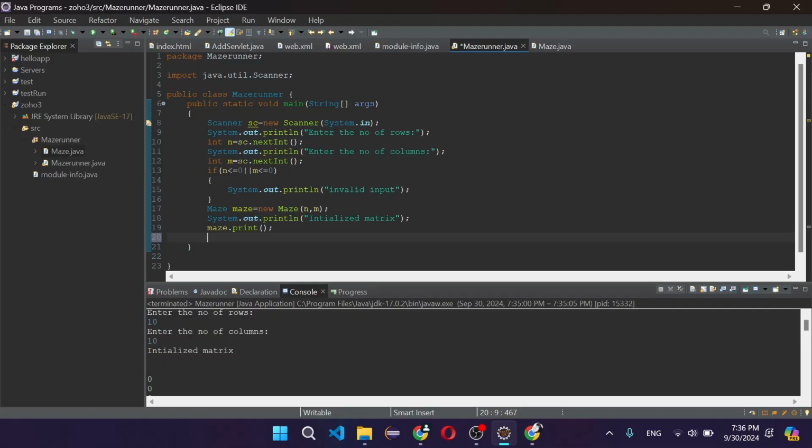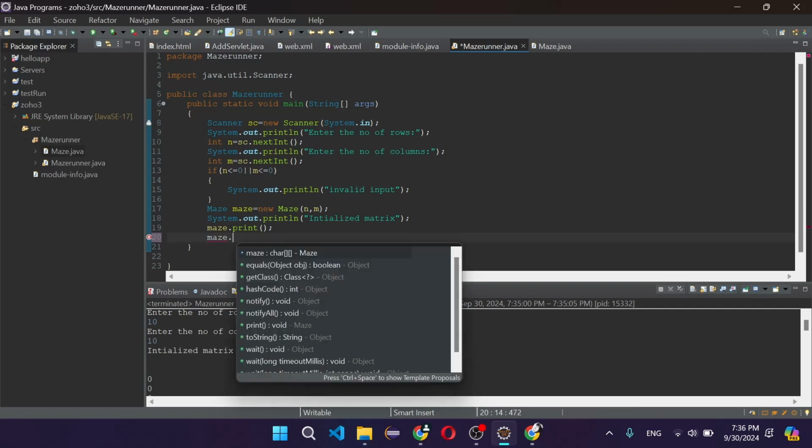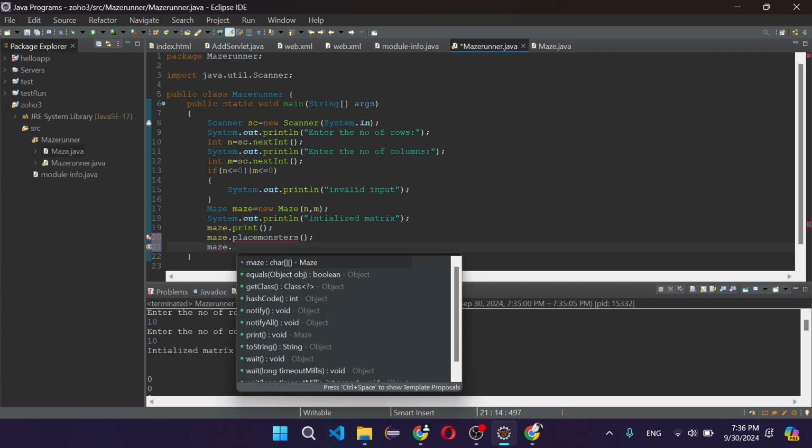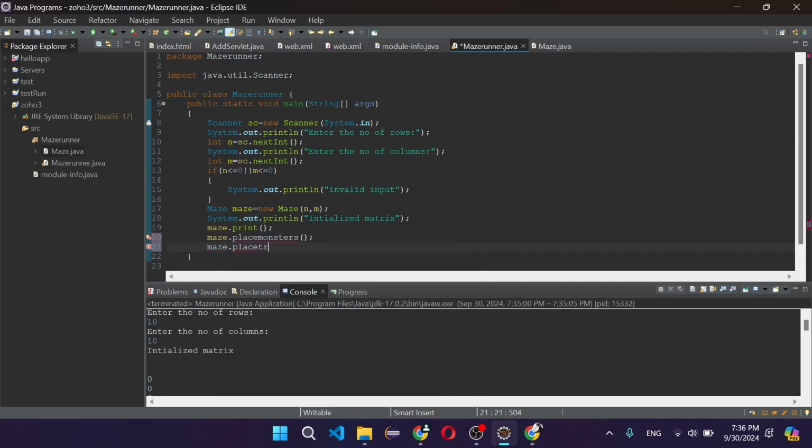Now let's create the methods to add monsters and the treasure, which we are going to use in this code. So let's first call the methods: maze dot place monsters, right? I think this goes perfect. Place treasure. Okay,